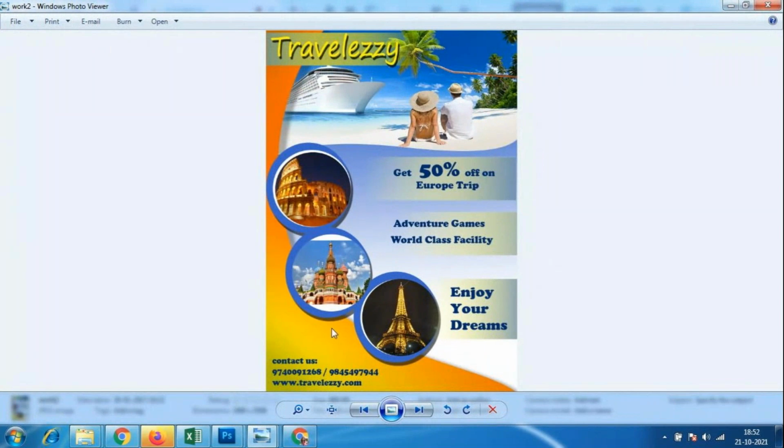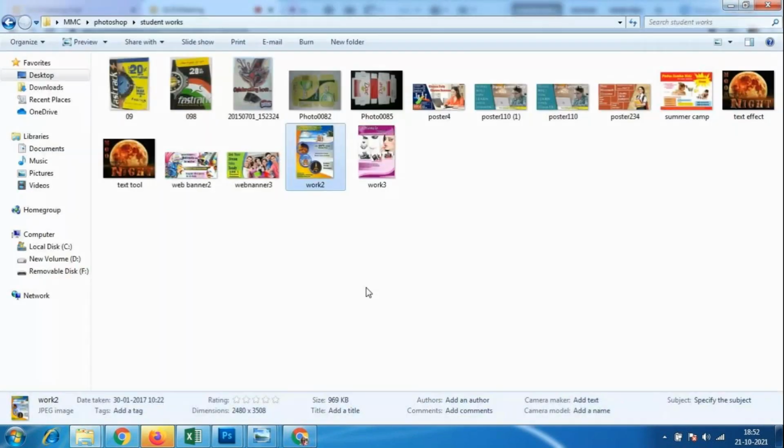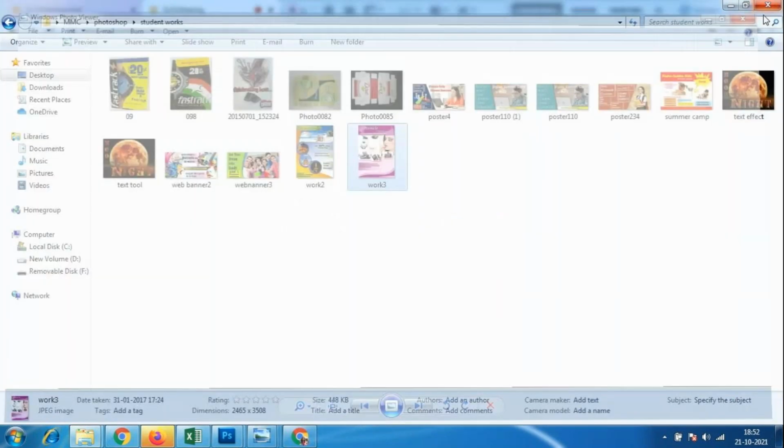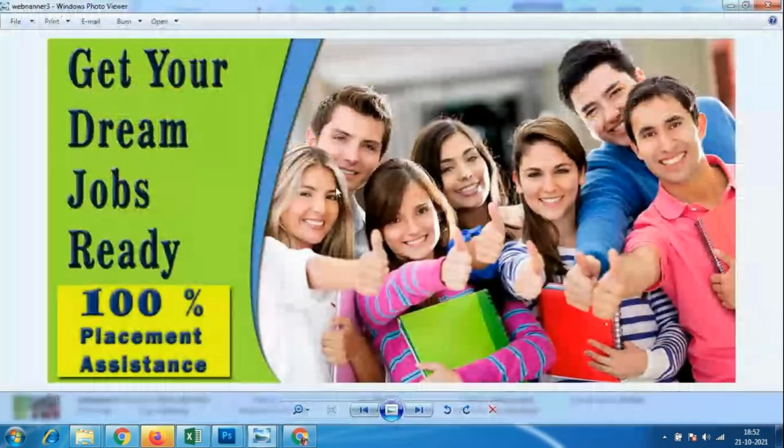We have created the shape. This is the poster design, and this pamphlet design is about travel. And we have this cosmetics advertisement. Using this pen tool we have added the curve shapes wherever we want. This is a very simple option.